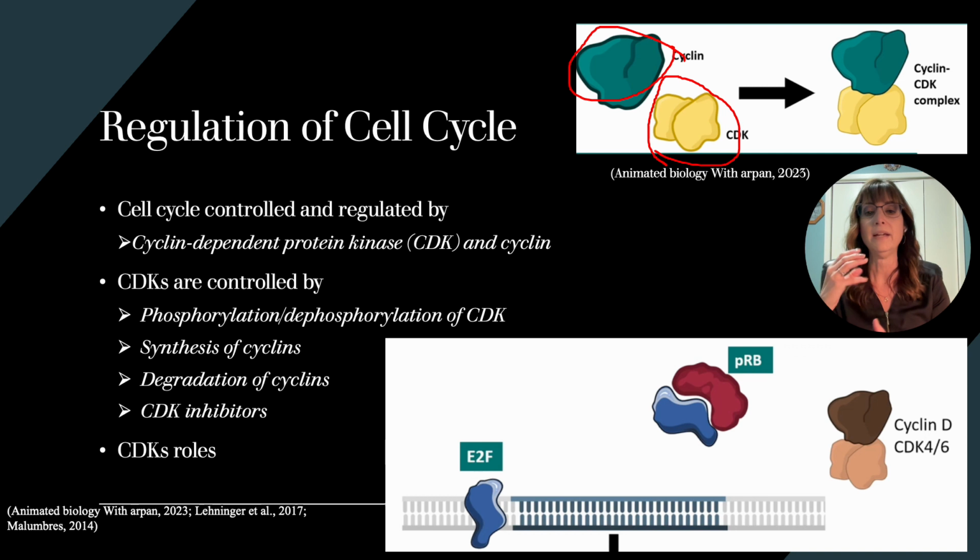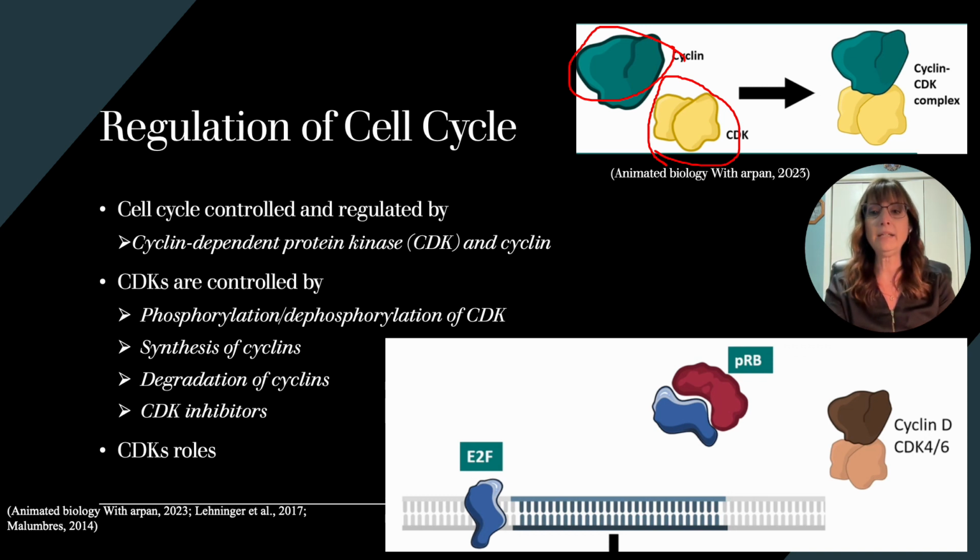finally activated. Now, the cyclin synthesis and degradation is controlled through growth factors and transcription factors, and they are degraded by proteasomes. So as long as you can control how many cyclins are present, you can control how many get bonded to the CDKs. Now, there are lots of different CDK cyclin complexes throughout the cell cycle. We're going to focus mostly on the one that is in G1 or GAP1, but we also see cyclin E with CDK2 in synthesis. In GAP2, we have cyclin A with CDK2, and in metaphase, we have cyclin B with